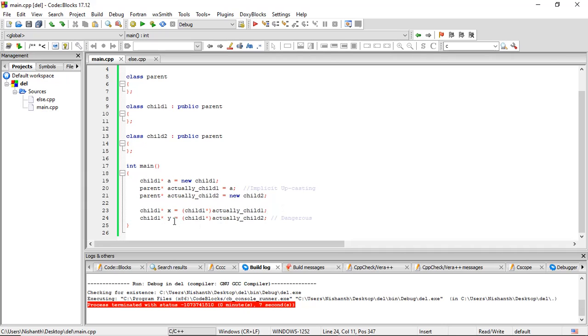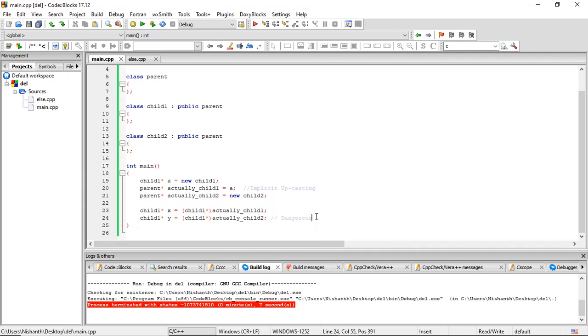And child1 star y is equal to child1 star actualChild2. Now this is not something that is reasonable because actualChild2 is pointing to an object of type child2, and we are trying to make a pointer of type child1 point to an object of type child2, and this is dangerous.